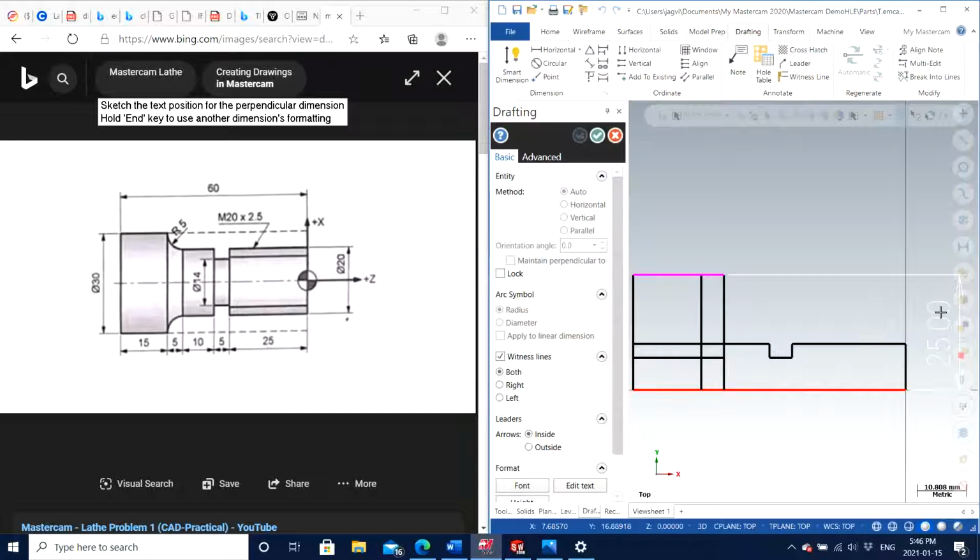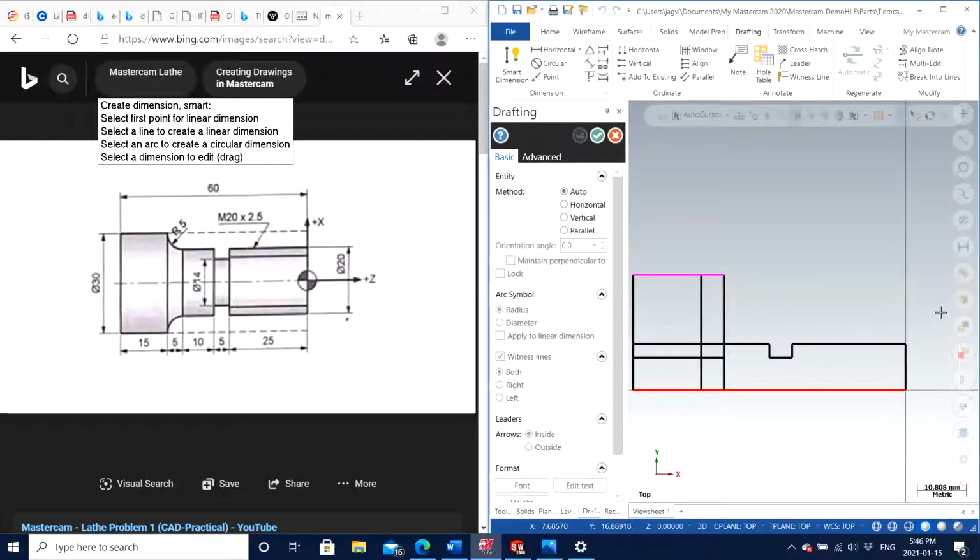Some of the mistakes I'm doing intentionally just to let you know how easy it is to make mistakes, as well as how you can identify and overcome those mistakes while you are working, rather than making it from scratch again. So just like I showed you, we can use smart dimension to verify whether the part is correct or not, and we've identified that the width is 25, whereas we are looking for 15 because the radius is 5 on the left-hand side, you can see,